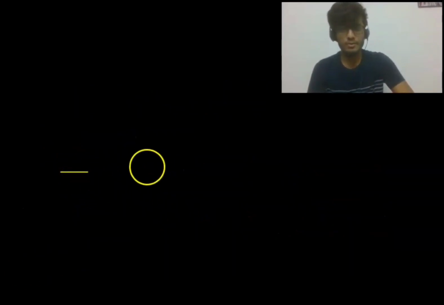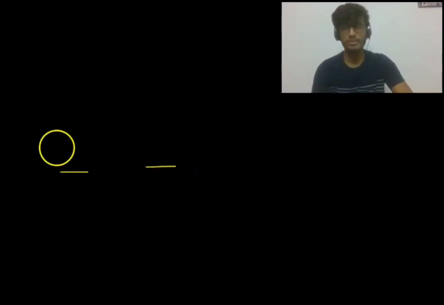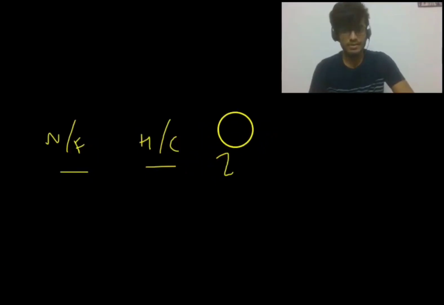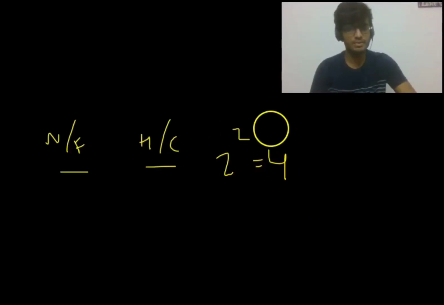So what essentially are we doing? We are using 2 parameters that a bulb can have. It can either be on or off. Also, it can either be heated up or cool. That's why we have 2 to the power 2, 4 combinations. So we can distinguish among 4 bulbs.